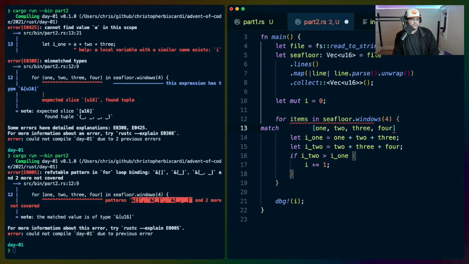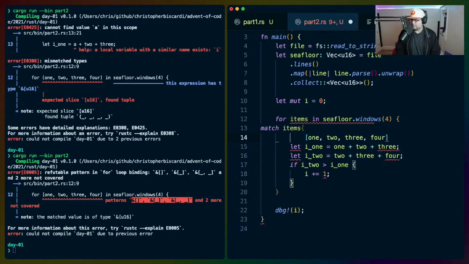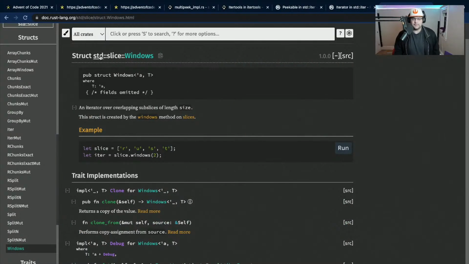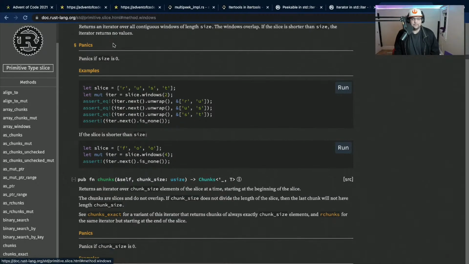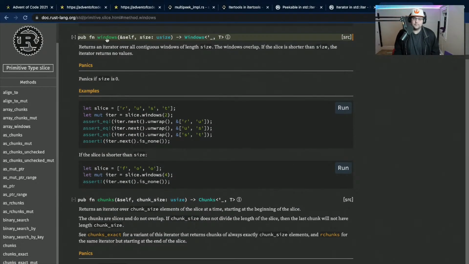Was Windows on slices in the default Rust standard library? Yes, it was. If we go over, you can see it's on std::slice::Windows as the struct, and the function is on the slice primitive type. If the slice is shorter than size, the iterator returns no values.